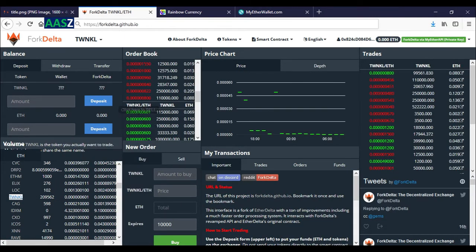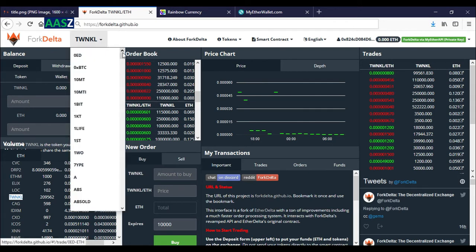Safe.zone. It is backed by company shares, gold, real businesses accepting Twinkles, and much more. It is created by the people, for the people, and has an economy of its own. Twinkle is recently listed at Fork Delta. So we shall learn how to trade Twinkle at Fork Delta.